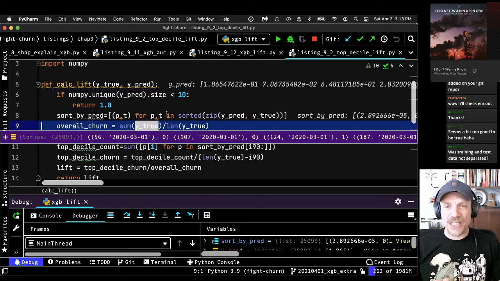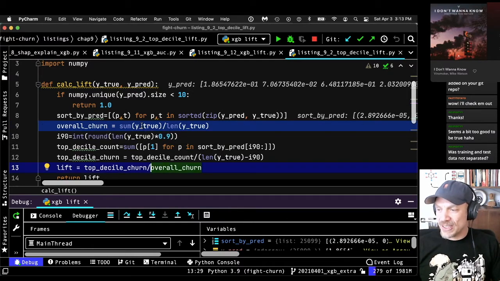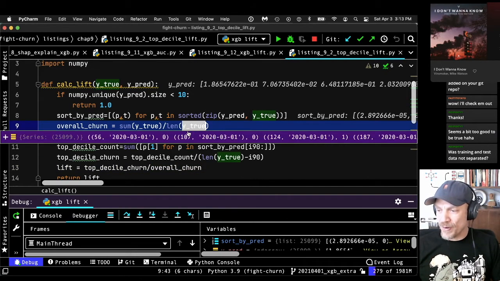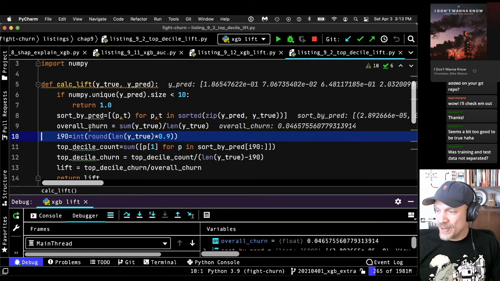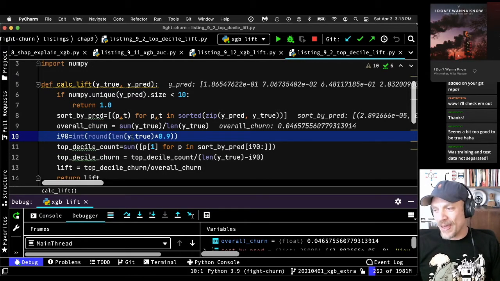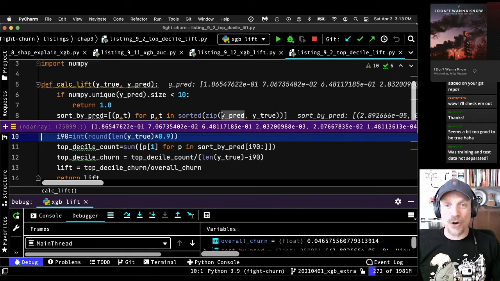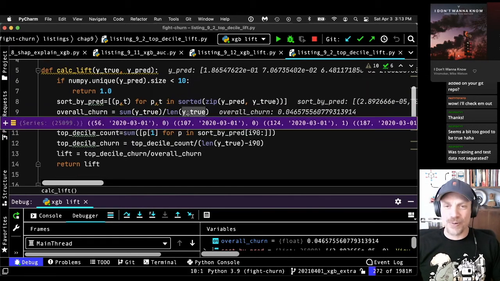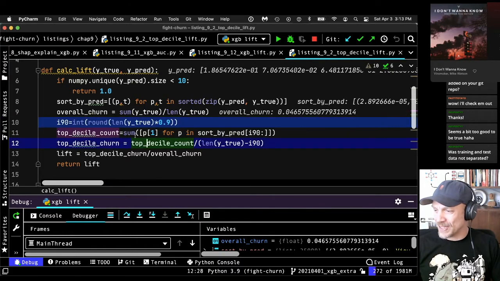The next thing I do is calculate the overall churn rate, which is simply the sum of y_true over the length of y_true. So the overall churn rate here came out as 0.047. And we already saw that. The churn rate is around 5%, not 95%. So that's the overall churn rate.